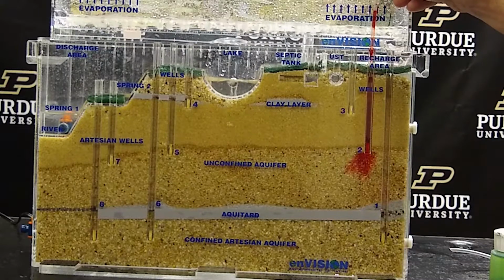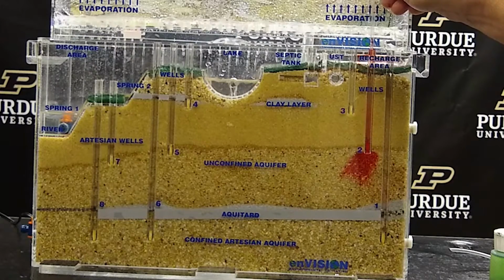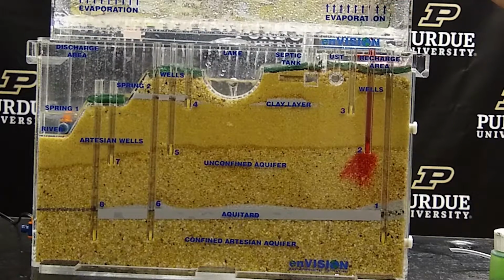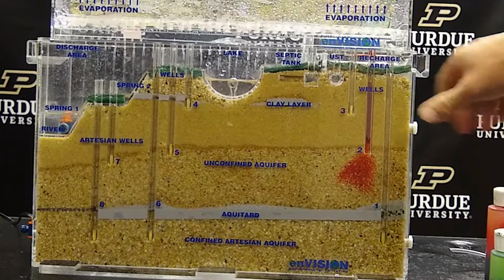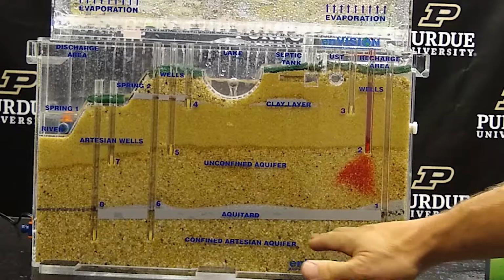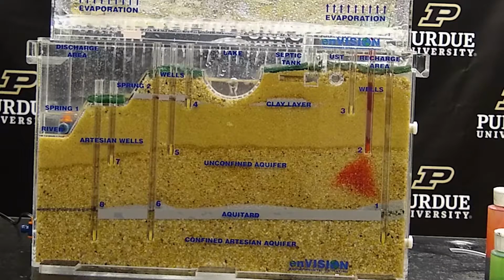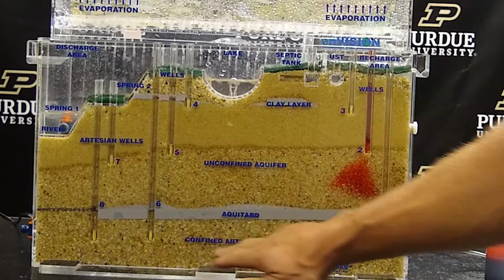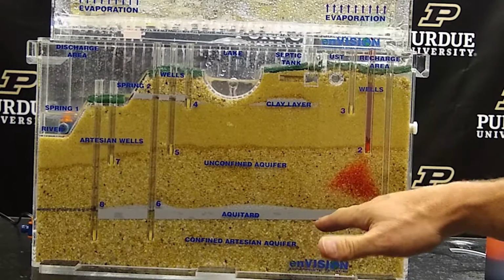I pushed a little more water through there, just to get it really going in there. And so now it's just watching what's happening. We have an aquitard here. An aquitard is a layer that creates a confining layer. So think about an aquitard: it's retarding the flow. It's stopping the flow of the water itself. That's why this is a confined aquifer, because it's confined by a layer of substrate that is not allowing water